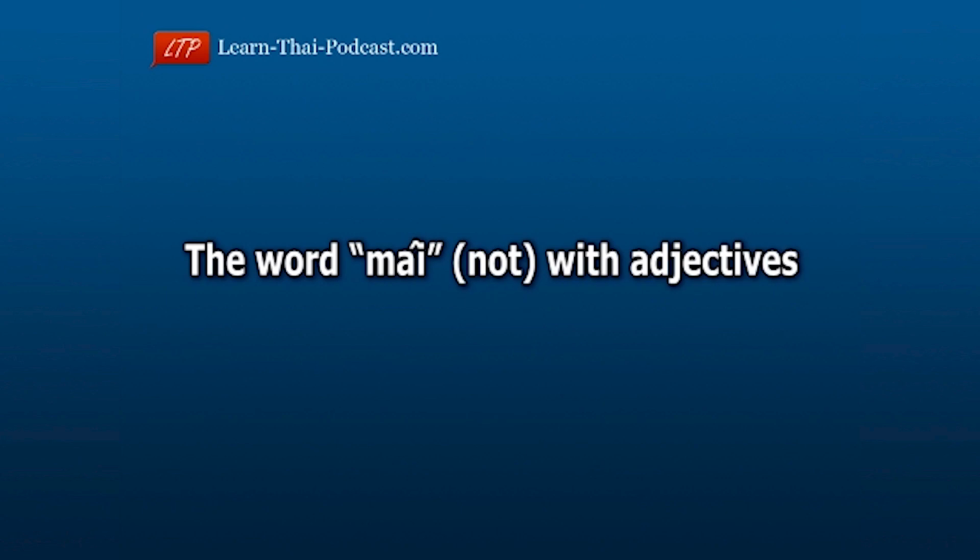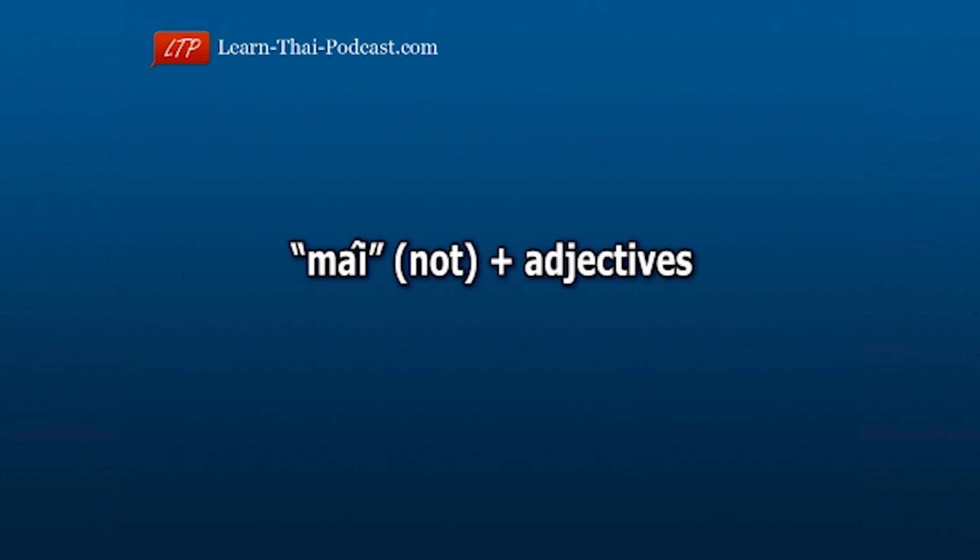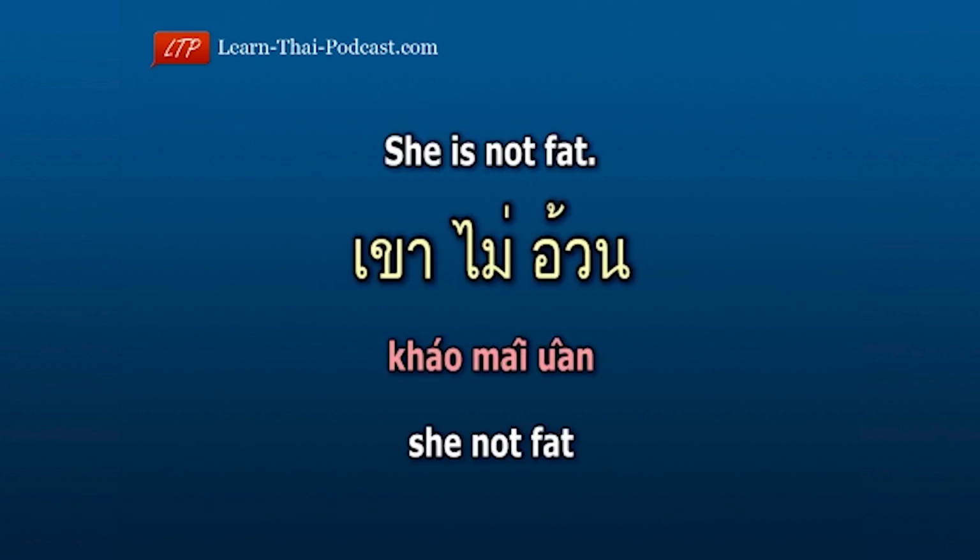Let's first have a look at ไม่ with adjectives. The structure is also first ไม่ plus the adjective. For example, she is not fat. เขาไม่อ้วน She เขา not ไม่ fat อ้วน. She not fat. เขาไม่อ้วน